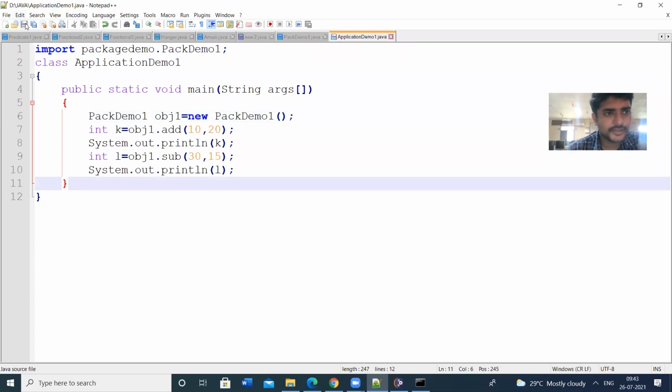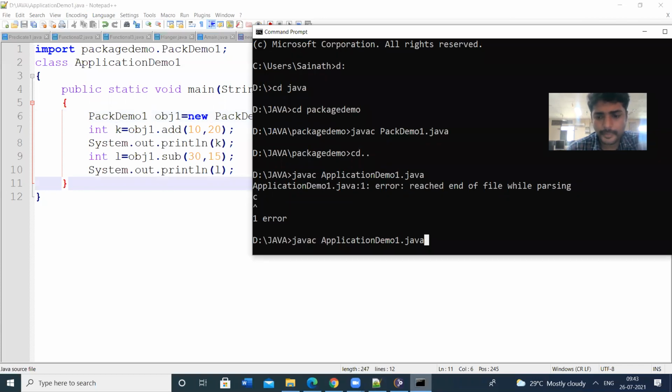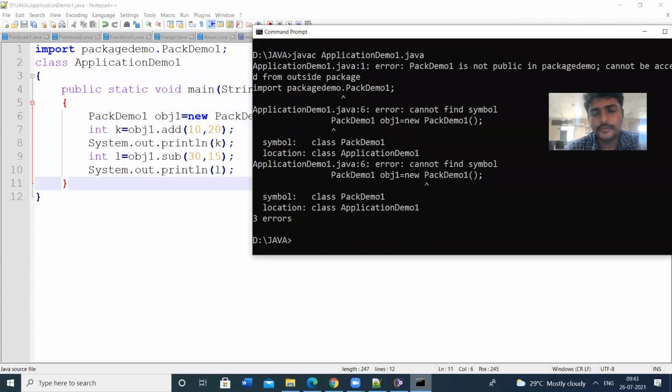Let us save this one and compile again. There are some errors.